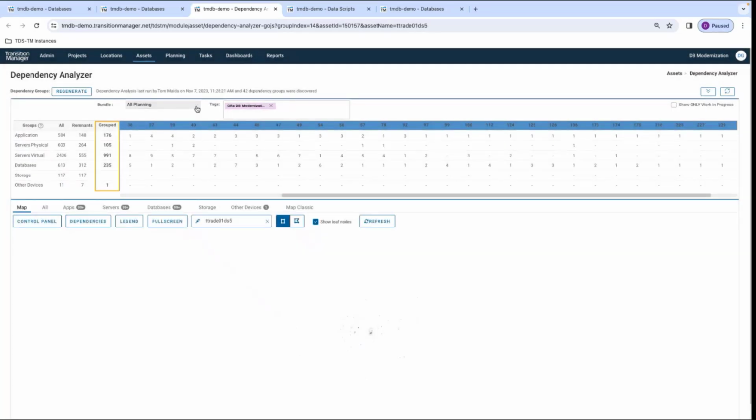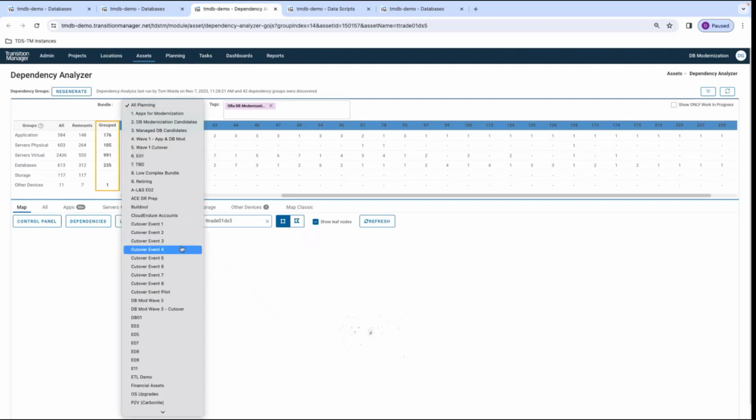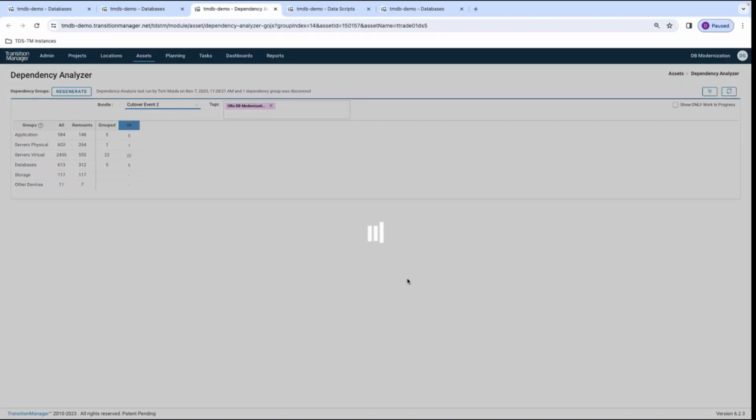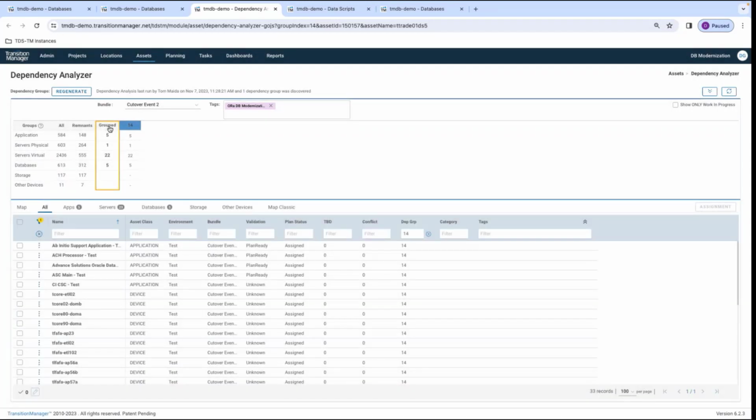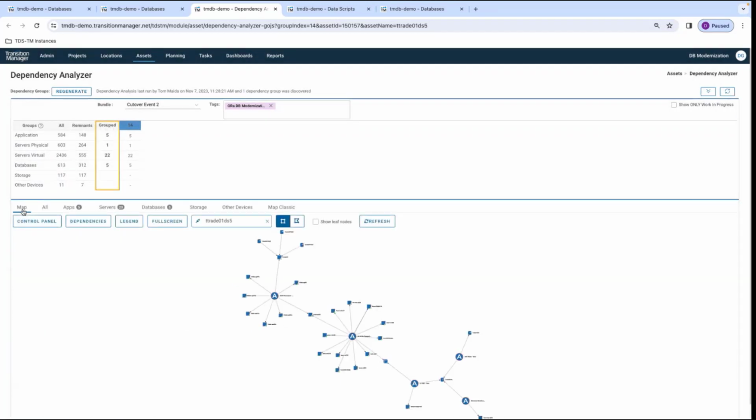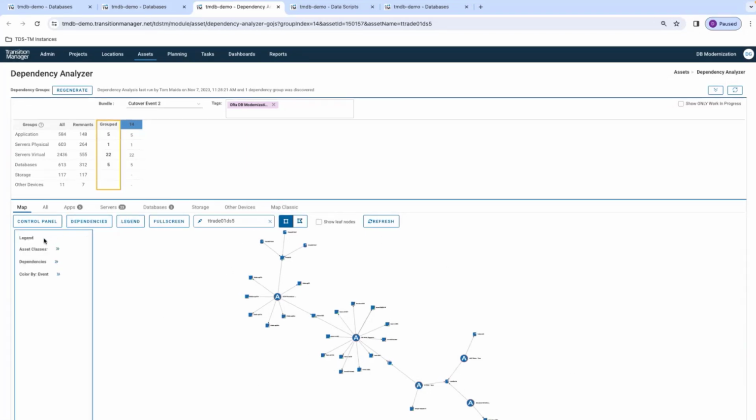And that's where, when I really dive into event 2 here, I can see, all right, well, I've got some of those Cat 2s, Cat 1s, and a couple Cat 3s, and I can now plan around the whole piece so that we're going to move them. And what we're basically going to do is modernize along the same schedule, so we're ready for that event to cut over. So what we're seeing, I'll pull up my legend for you here, is that we are looking at,